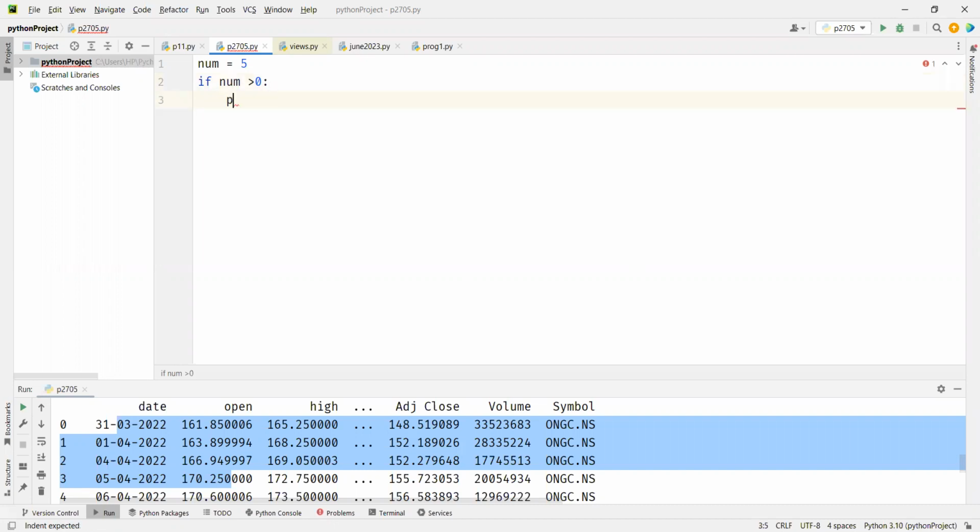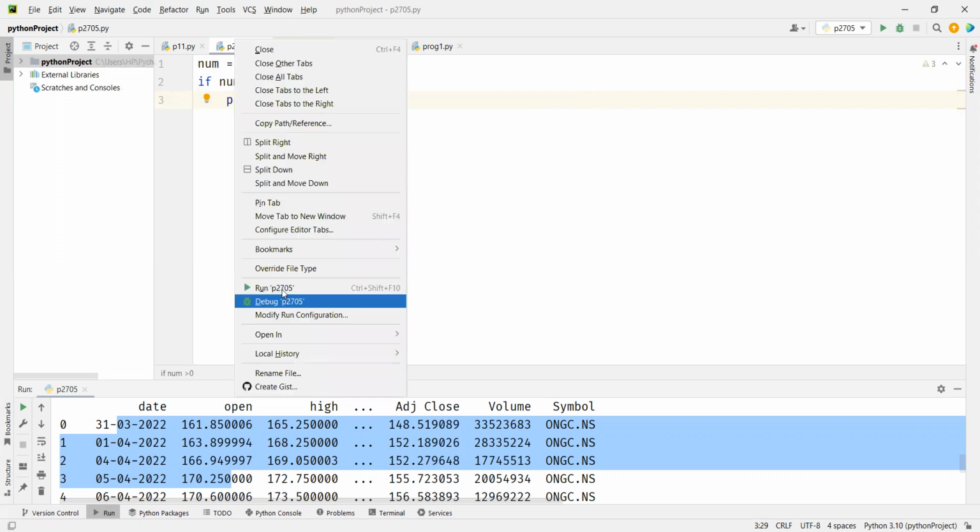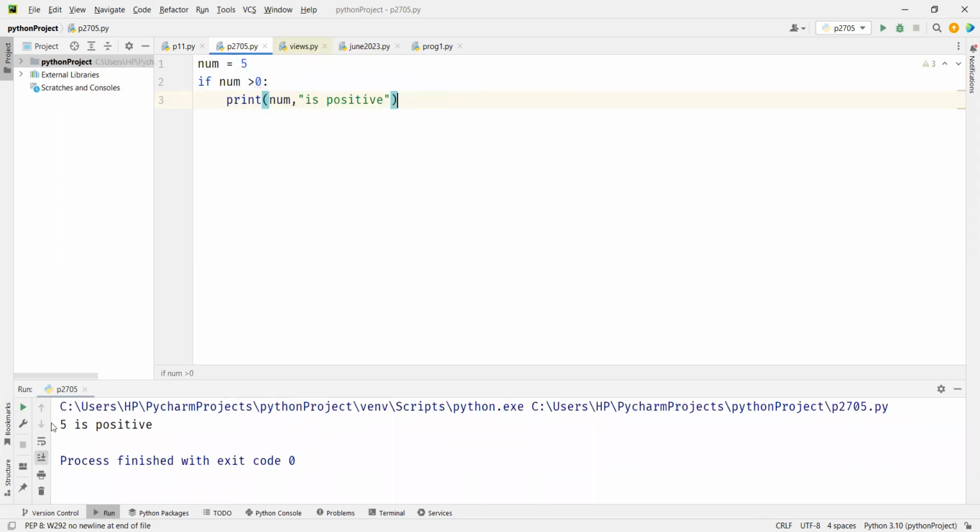So I'll say print number is positive, right? And I go ahead and run it. You see, 5 is positive. If I make it -5, nothing would be printed, right? Because this condition is false, it's not going in. So here I can say